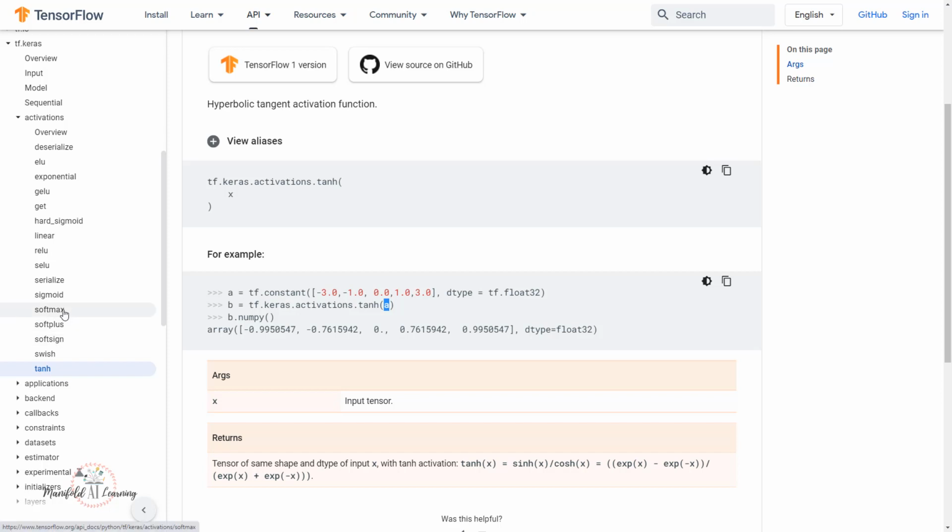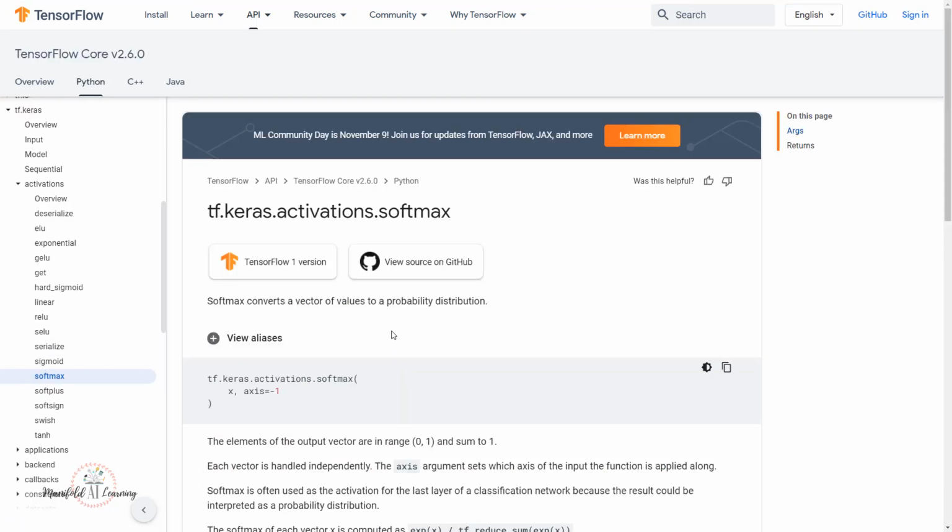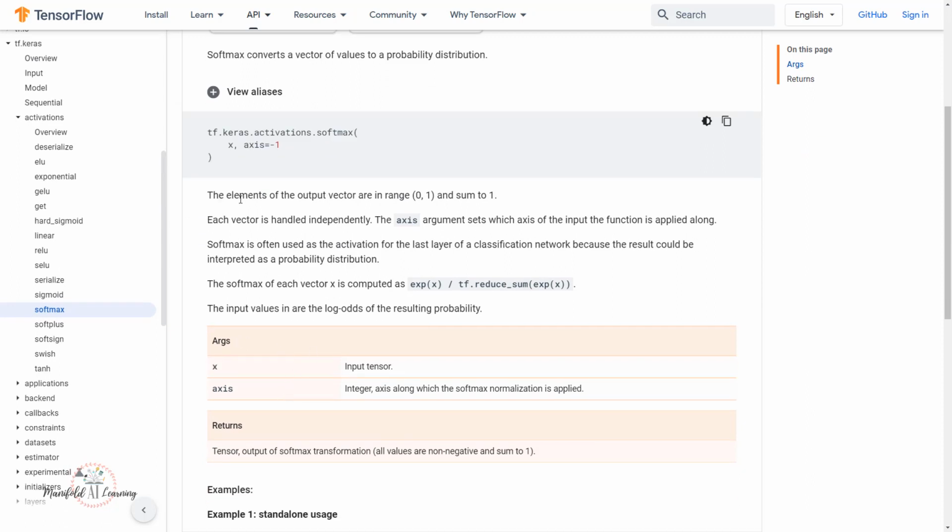Now let's look at the documentation of softmax. This softmax activation function works in the same manner, guys. It says the elements of the output vector are in the range of 0 to 1 and they sum up to 1. So that is the output we can expect.